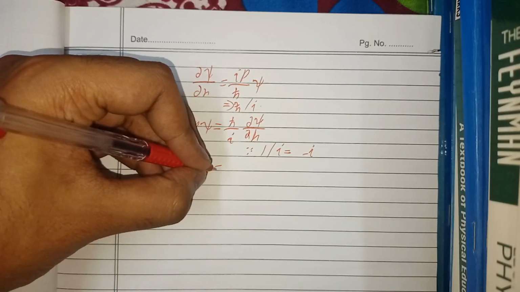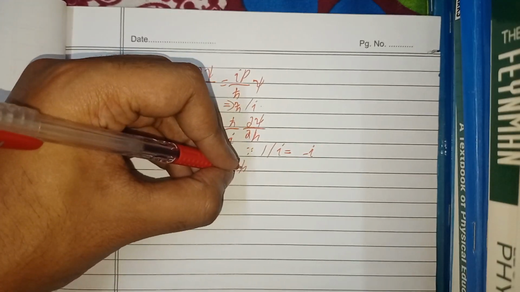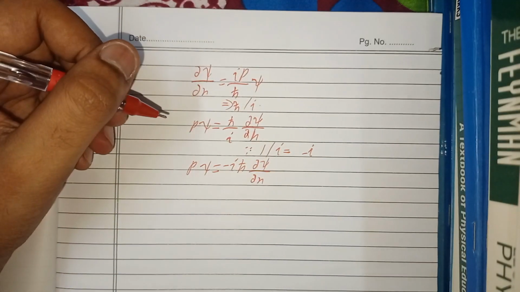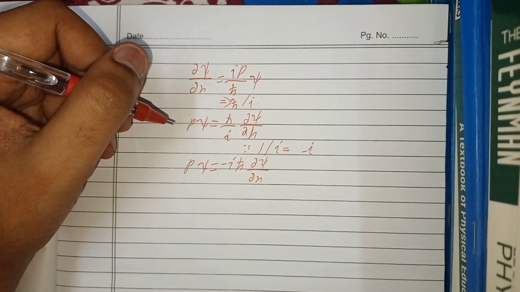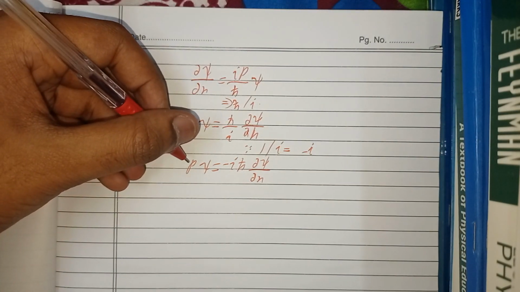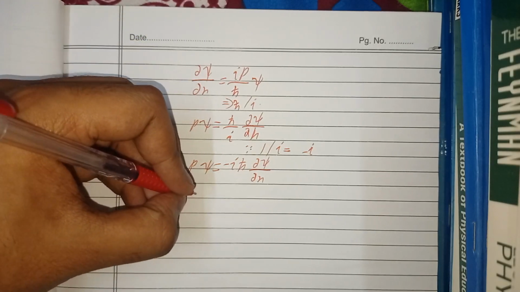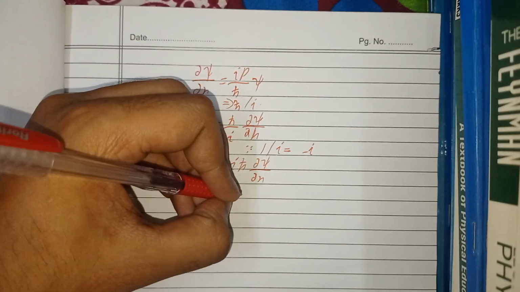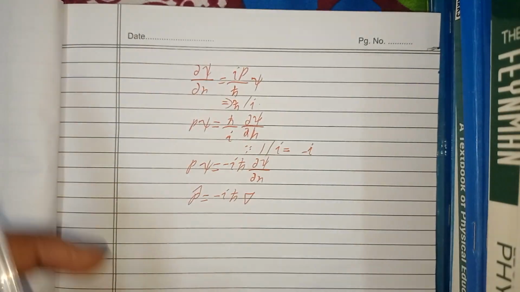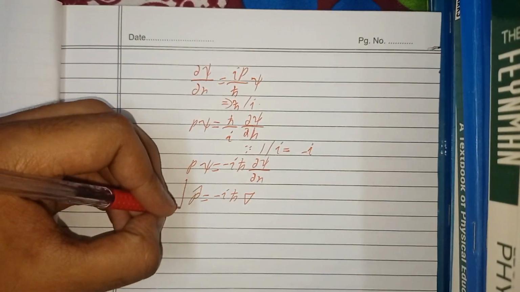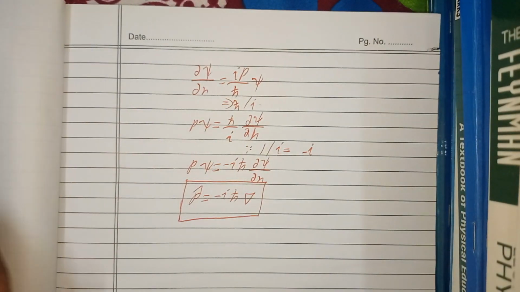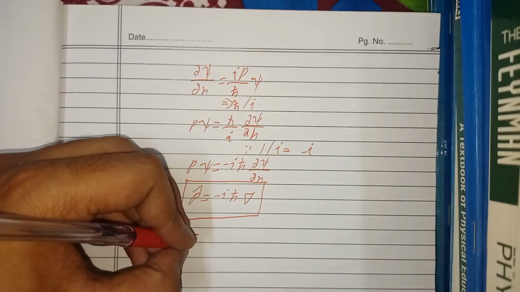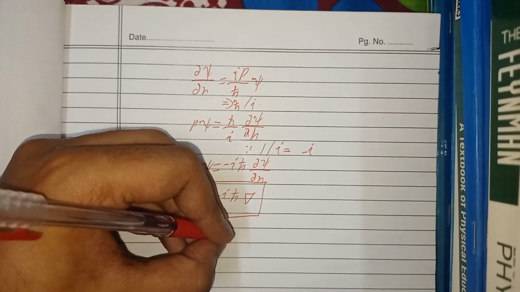So putting this, we get minus i h times the wave function in the x direction, and removing the wave function and doing this in all 3 dimensions, we get the momentum operator: minus i reduced Planck constant times the gradient. This is the momentum operator, and putting all the operators in that equation we made,